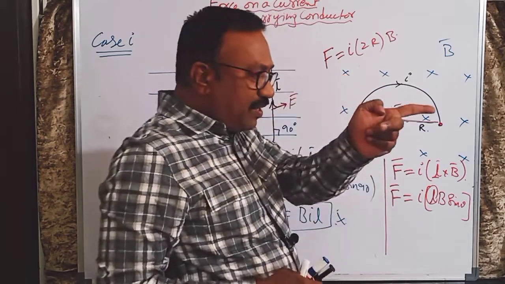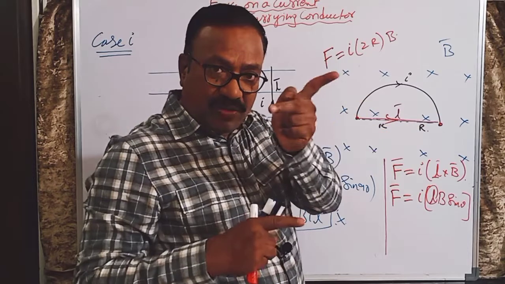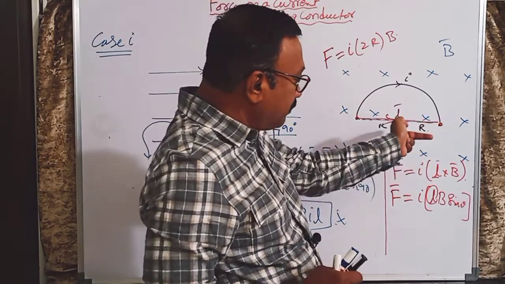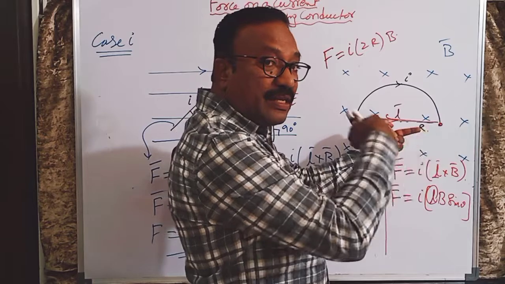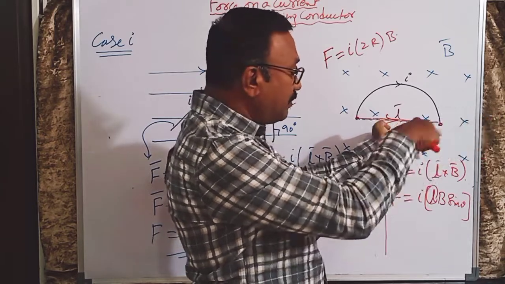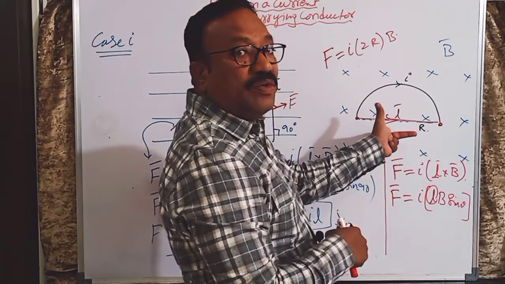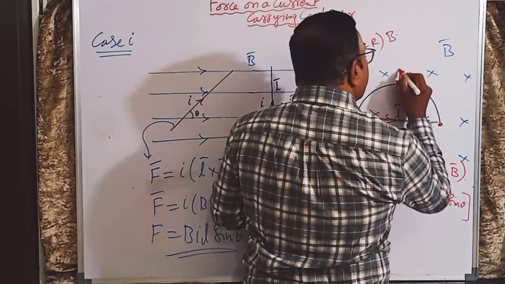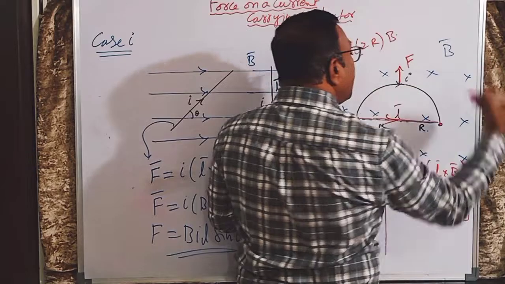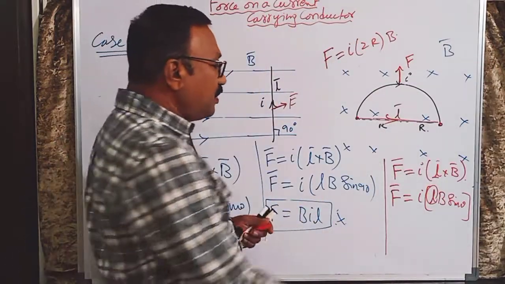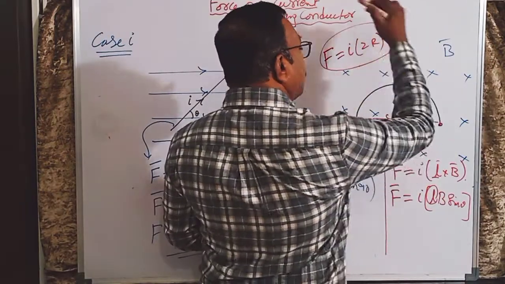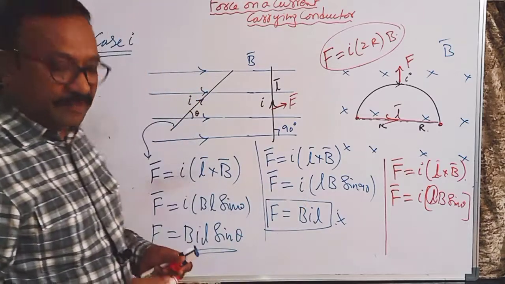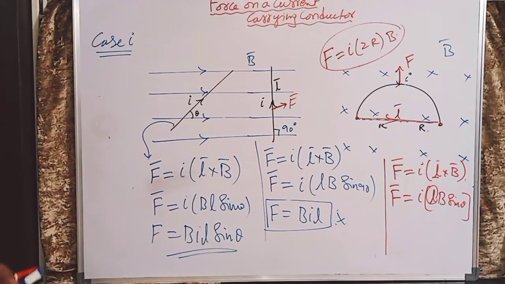Now where is the magnetic field? Don't use this now, use these two only first. Magnetic field is inward. Where is the imaginary conductor and imaginary length? This side. So where is the force now? Upward direction. So this will experience a force in upward direction. How much force? This much force. It will experience. These are very important. Please take down.